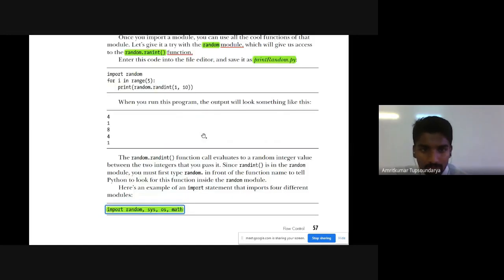For example, let me go back to our program, and you can see here that when we wanted to make use of the randint function, we had to prefix the name of the function with the name of the module, which was random, right? So random dot randint. This is what we have to follow when we are importing in the traditional way, that is import random. But when we are importing using a from statement, that is from import, then we don't have to prefix random dot. That is the only advantage that I have.